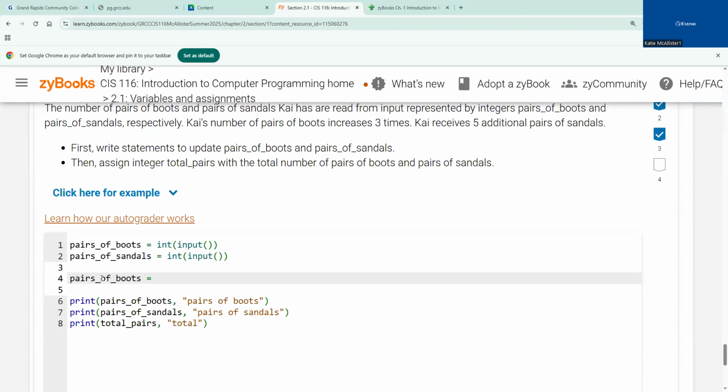I'm updating, it says write a statement to update the pair of boots. So my pair of boots is equal to my pair of boots times 3. I got that. Is that what you had? Yeah, I had that part right, but the other part, they're like